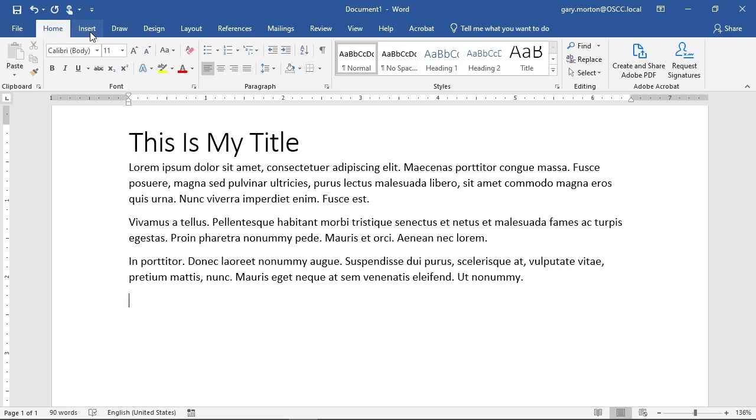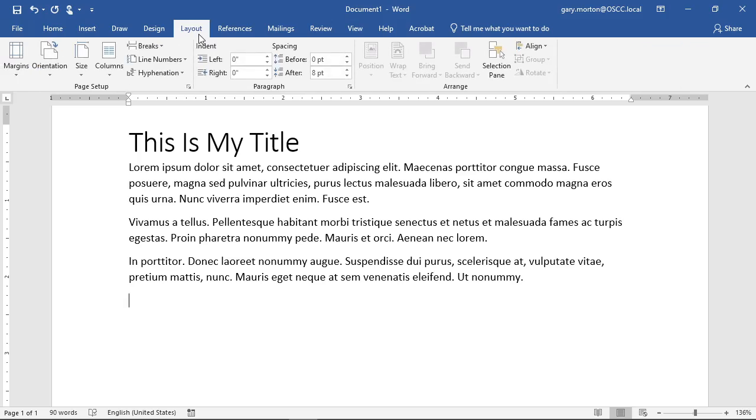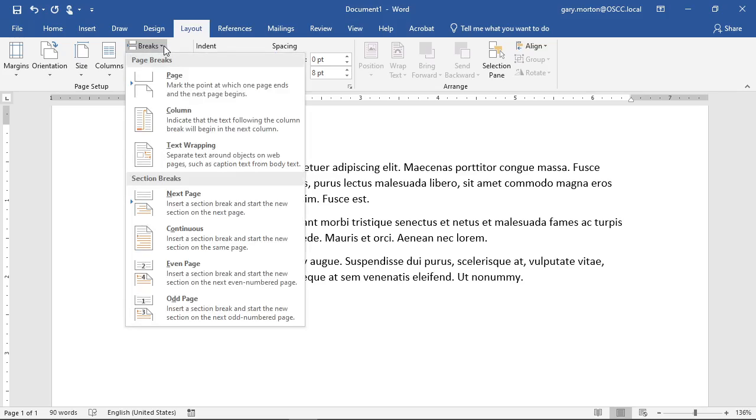And then it's good to keep your documents split up into sections. To add new sections, let's say this is your title page and that's all you've got there. You might want to format it a little prettier, but we can worry about that later. Under the Layout tab, there's a button for breaks. If you click on that, you have